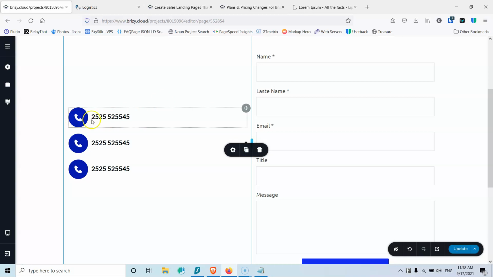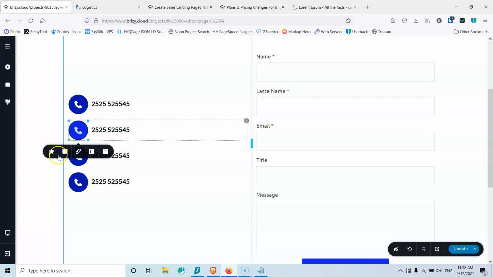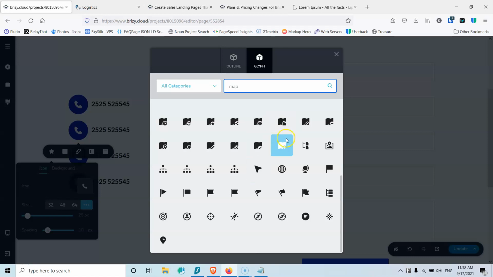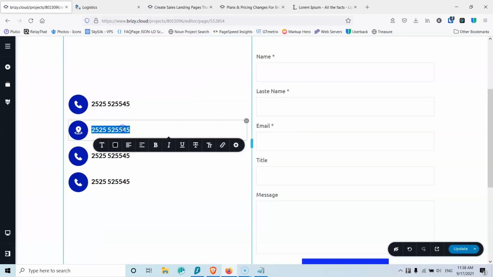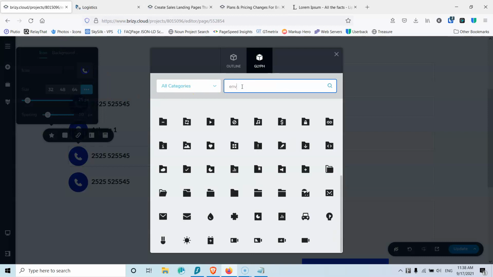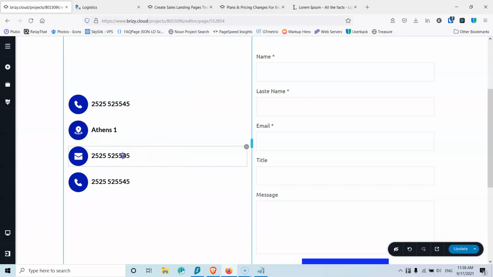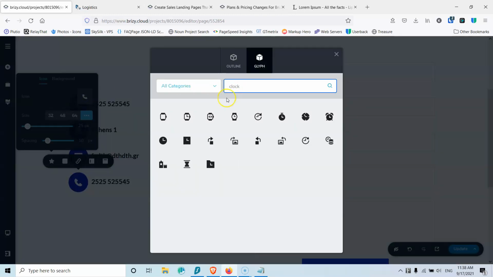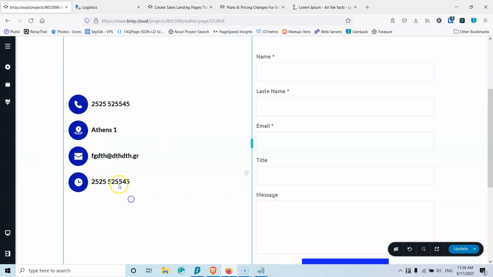Okay, I would like something like that, and I'm going to duplicate that. Duplicate. Of course, you know how to put links now into the text and the icon. So put here like that, and here this is the map. So let's change that to a map. Like that, and this is the Athens one, and then we have the envelope, which is the email. And then we have the address at something.gr, and then here we have the clock for the working hours. Clock, I'm going to keep it here, okay,